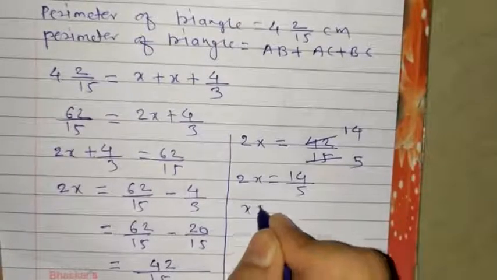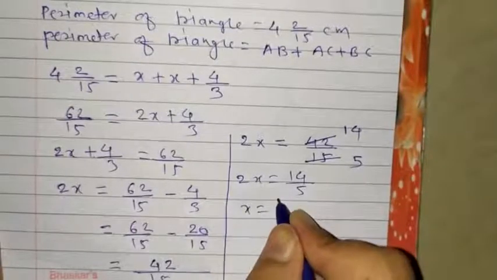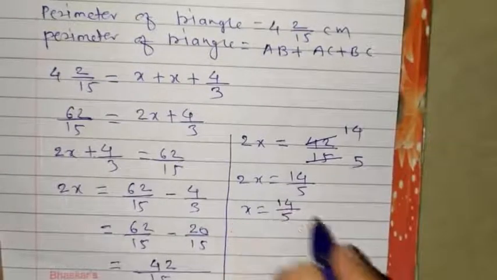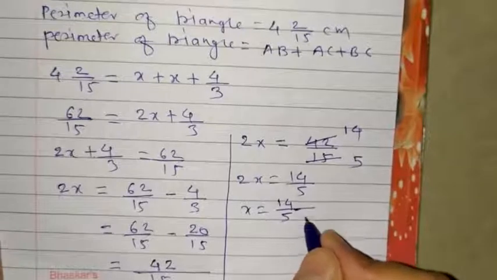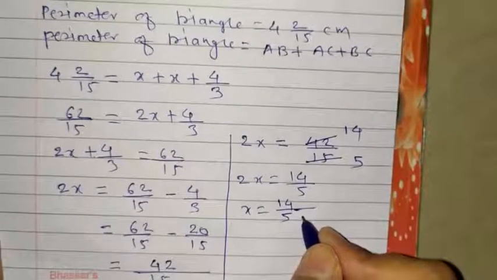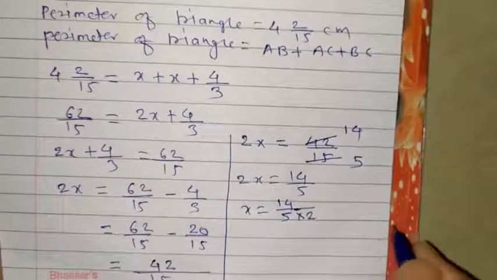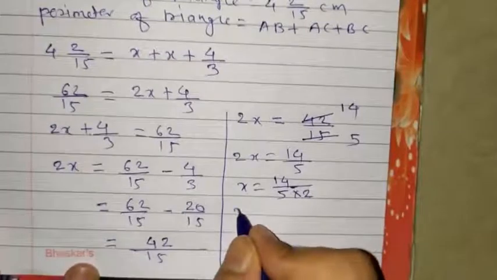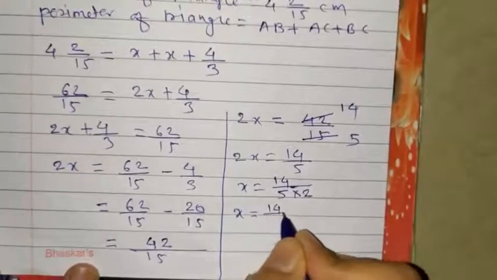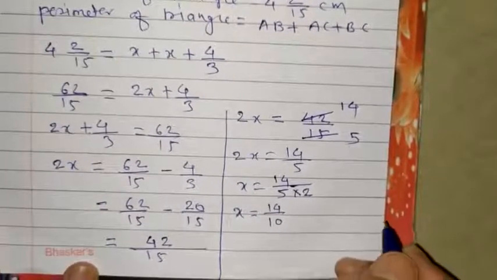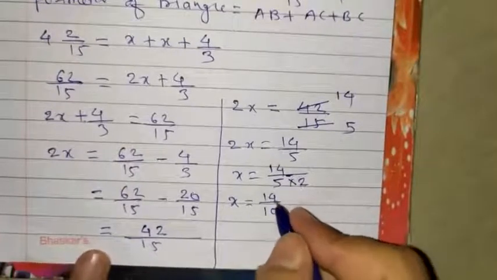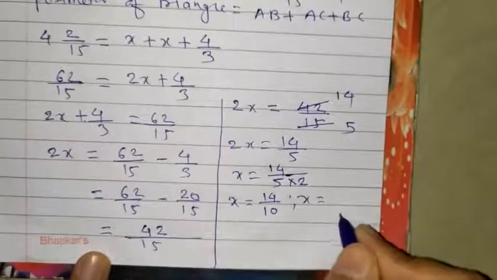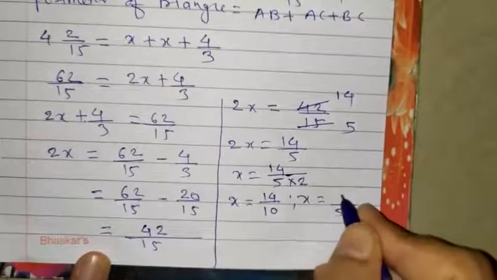It means x equal to, it is in multiplication. So here 14/5. So 2 is in the multiplication process, so it will go here downside. We can say here into 2. Okay, because it is upside, so it will go downside whenever we change the side. So x equal to 14/10. We got 14/10. Both the numbers are divisible by 2. So x is nothing but here 2 into 5 10, 2 into 7 14.